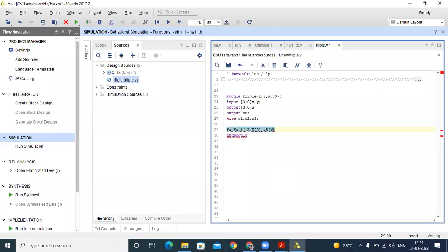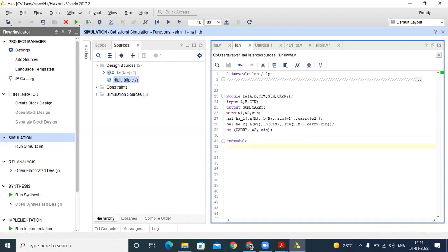B is connected to our lower LSB. Okay. After that, two inputs are done, A and B. Then in our full adder we have C in, and then sum and carry. But I already saw that in our first full adder, carry is always 0. That's why we take it as 0 in our C in case.